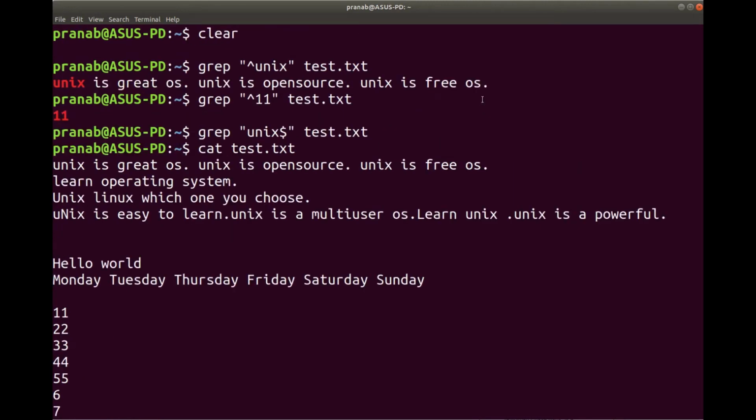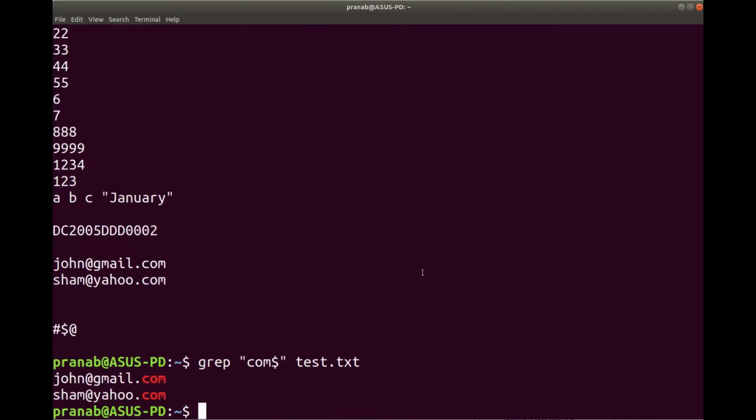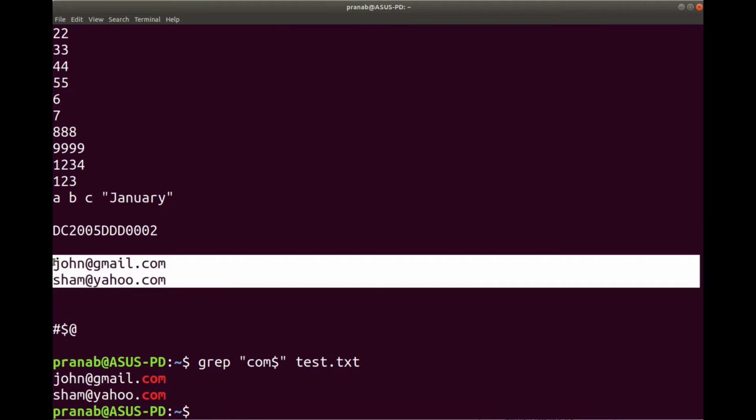So we have powerful, choose dot, okay, com. Let us consider com. You can see these are the two lines which end in the word com.